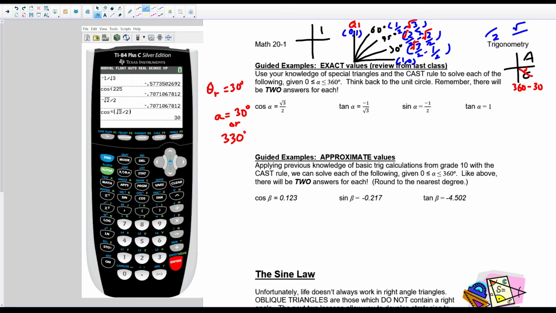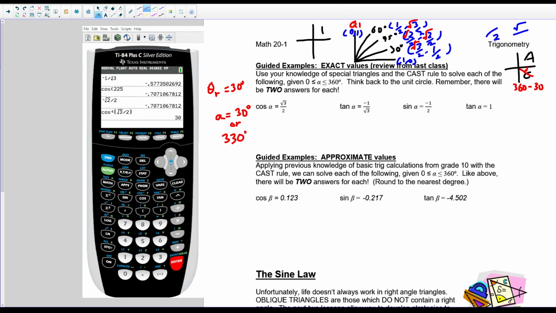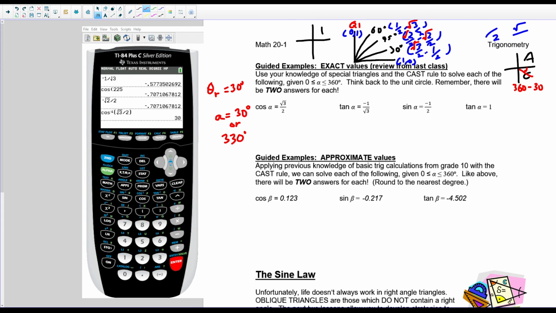And once we get that 30 degrees, if you can't remember anything from your unit circle, you can cheat a little bit and use your calculator to help you figure out what that reference angle is going to be. You're still going to need that CAST rule to help you figure out which quadrant your angle is going to be in, but at least it saves you an extra step of memorizing or remembering where on your unit circle you are. So for the second one, in terms of tangent, we can just go ahead and go inverse tangent